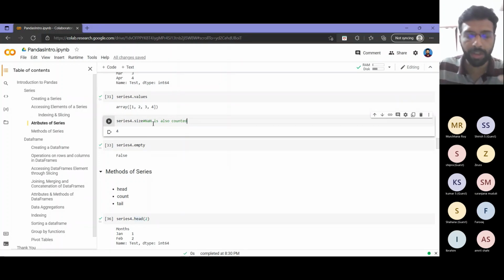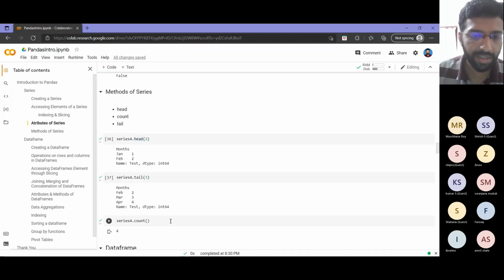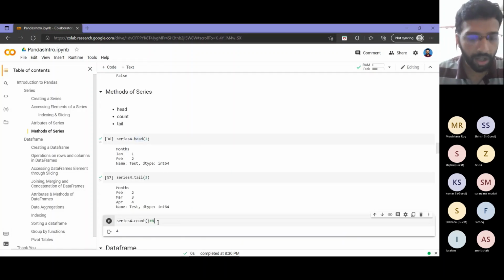It tells you how much memory is allotted or how many entries it can populate in that series. Whereas for count, NaN is not counted. So if you fill NaN in the 100 entries of a series, count will return 0. Count will actually count only the values other than NaN in your series. That's the difference between the size attribute and the count method.